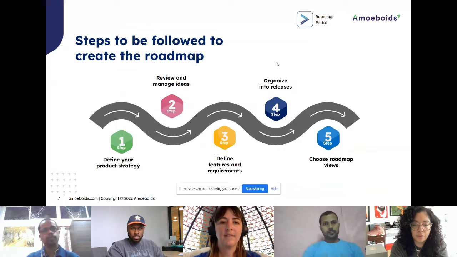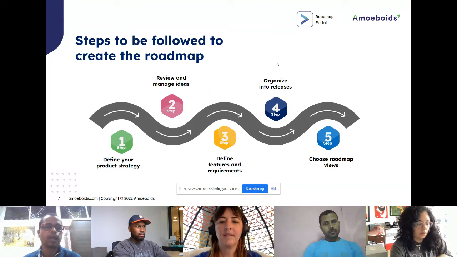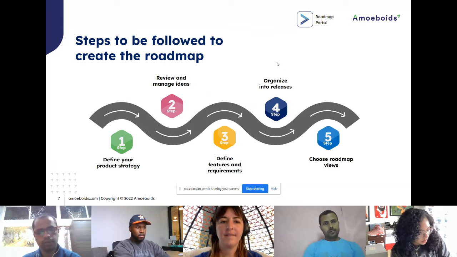So these steps should be followed to create a roadmap. To create a roadmap of any product or any project, we should define our product strategy first. Then we need to review and manage our ideas. Means first we need to define our strategy. Then all our ideas we need to review first, manage first, break down into different tasks, and add them into